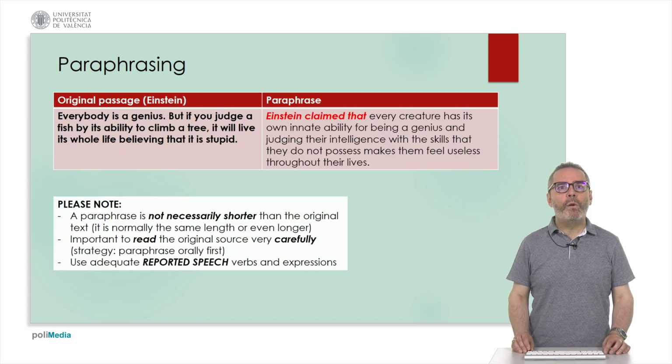We have a more informal example of paraphrasing. The original passage would go, "Everybody is a genius, but if you judge a fish by its ability to climb a tree, it will live its whole life believing that it is stupid." The paraphrase, which is not always shorter, would say, Einstein claimed that every creature has its own innate ability for being a genius, and judging their intelligence with the ability that they do not possess makes them feel useless throughout